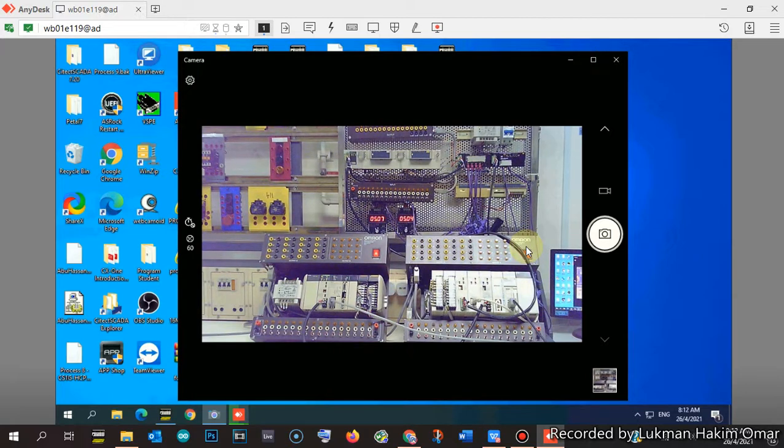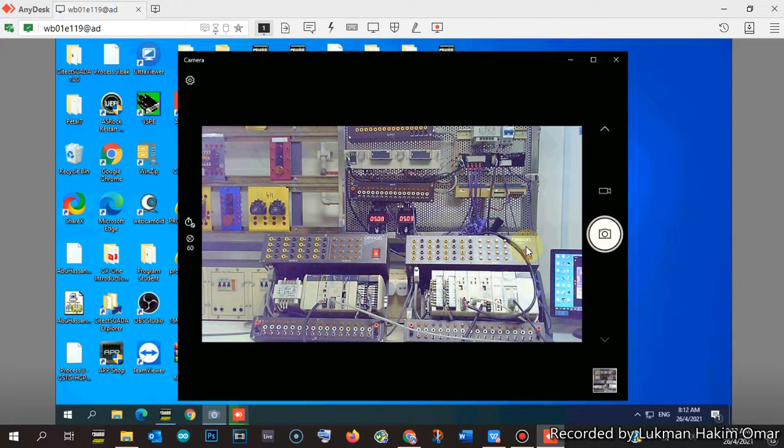So there will be a communication between these two PLCs. How to do it, because these two PLCs are different in category, one is modular and another one is compact. So there will be a difference in addressing. For example, for the PLC master the output address is 1.00, but for the PLC slave the output will be 100.00.